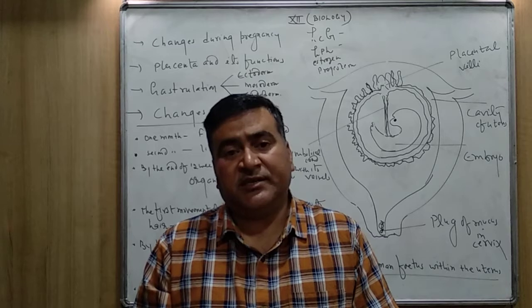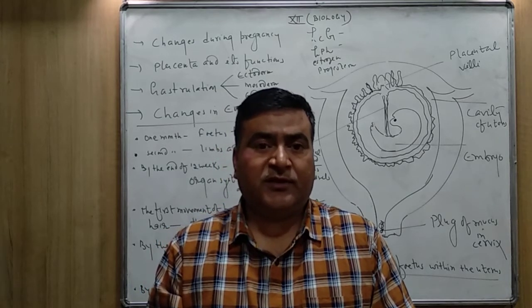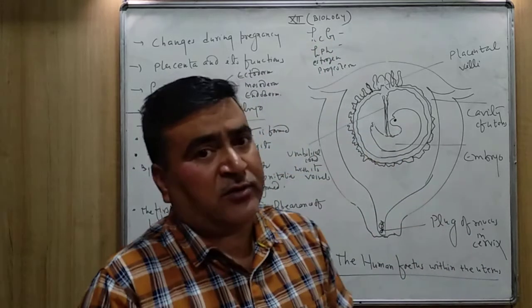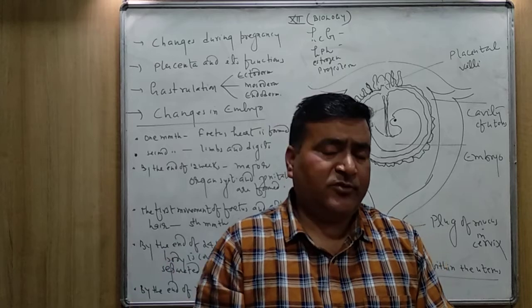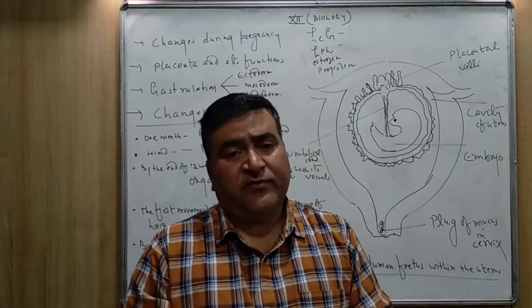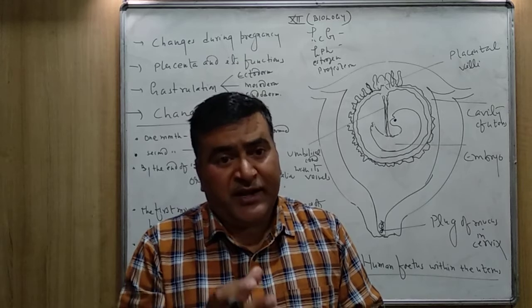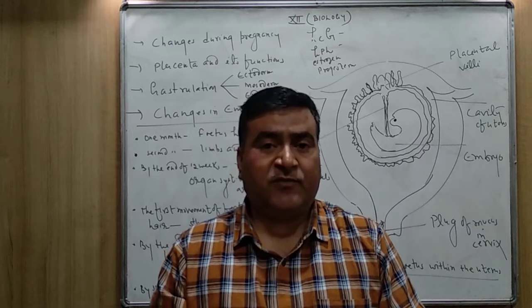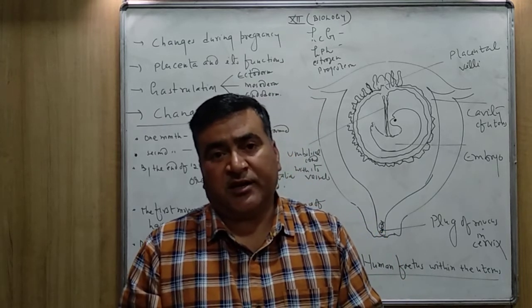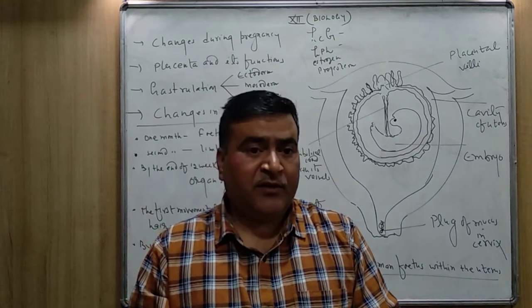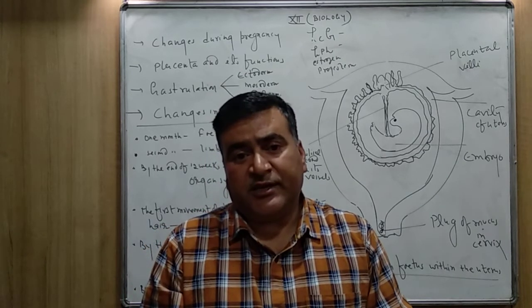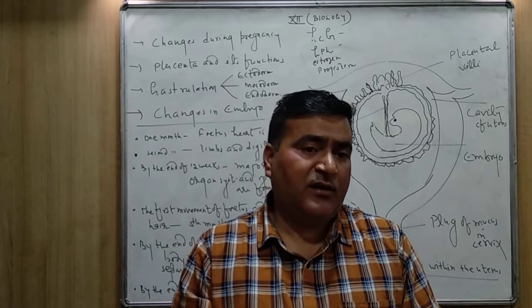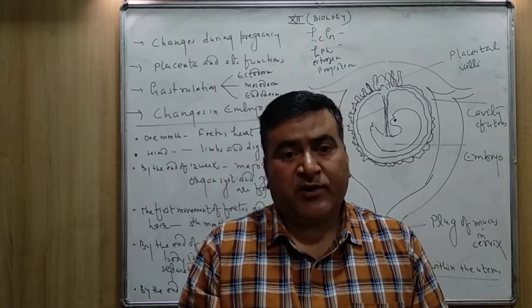And that's why placenta is said to be what? Endocrine tissue. Especially I am telling you here, human chorionic gonadotropin hormone. The function is not yet given in your textbook, but this HCG hormone is very, very important to maintain corpus luteum inside the ovary, which produces progesterone hormone. As you know, progesterone is a pregnancy hormone. It helps to look after the gestation period. So HCG maintains corpus luteum throughout the pregnancy time, which is very, very important.